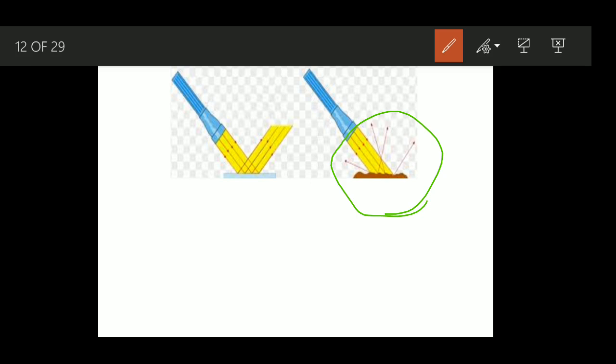What is the difference? In both cases, the incident light is parallel. But the reflected light, in the first case, is parallel, but in the second case, it is not parallel. The reason is the reflecting surface. The reflection depends on the type of surface. It may be a regular reflection or it may be an irregular reflection. Children, for your level, this much is enough. It is not necessary to go beyond this.